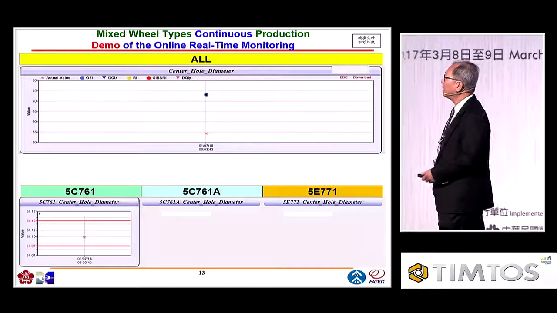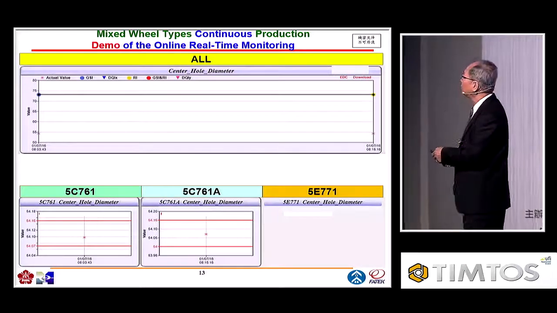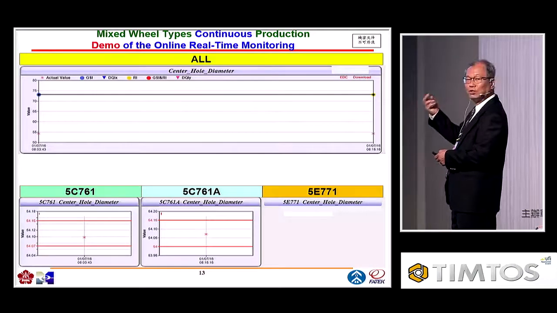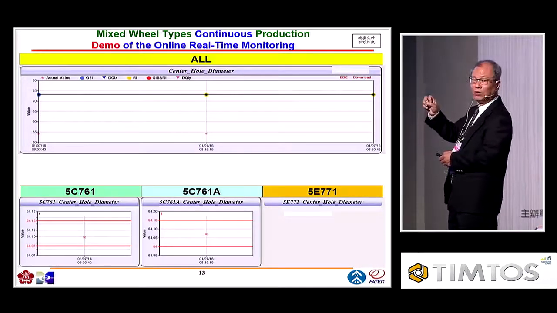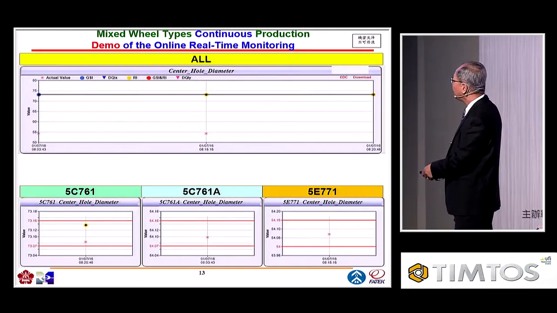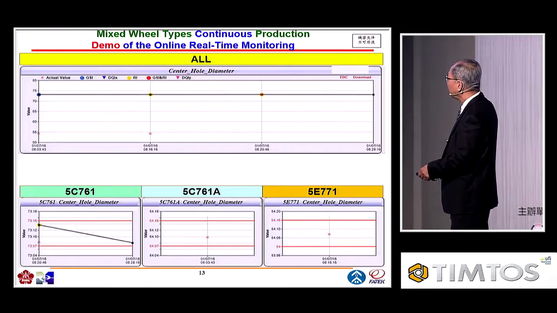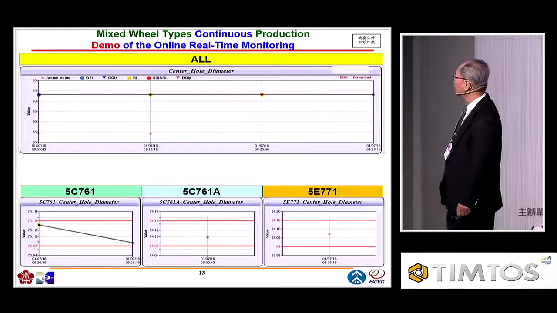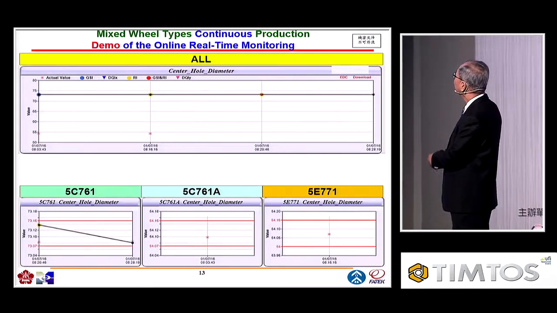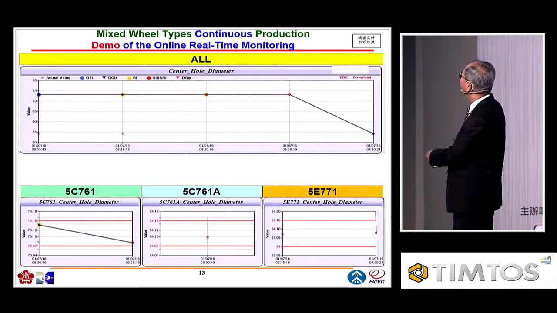But anyhow, just to give you the flavor: during the very first one, he will use 1 to 2 wheels to tune the model. After tuning the model, you see we have 3 types here. So after tuning the model, you see the very first one being corrected in the first wheel type, and this is the second and the third. So maybe just give me 30 seconds. Let me show you a little bit, okay?